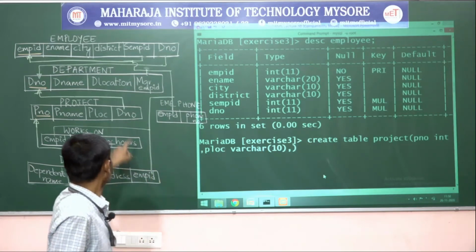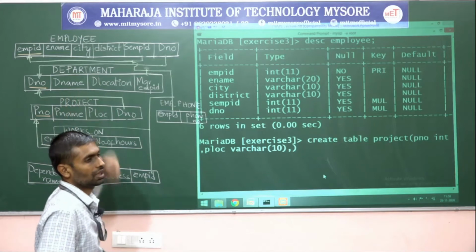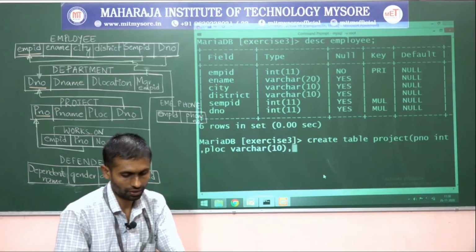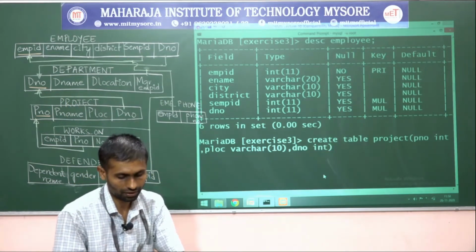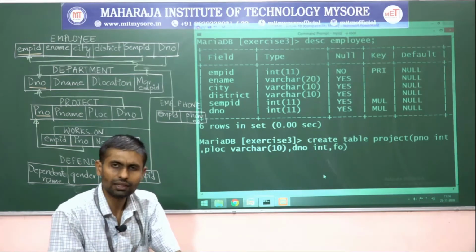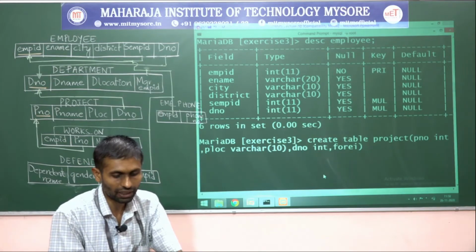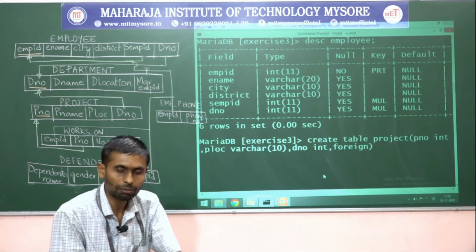Next step, I want to make the D number a foreign key and it should point to the department table, D number. D number int, and anyway the department table exists and there we made the D number a primary key. So definitely we can make this department number a foreign key in the project table.